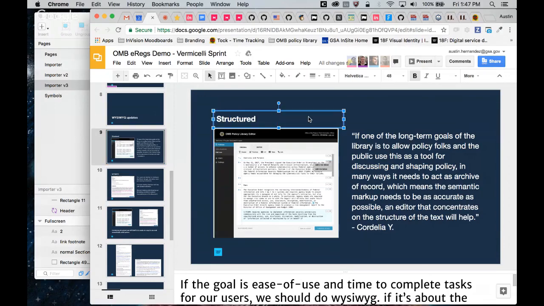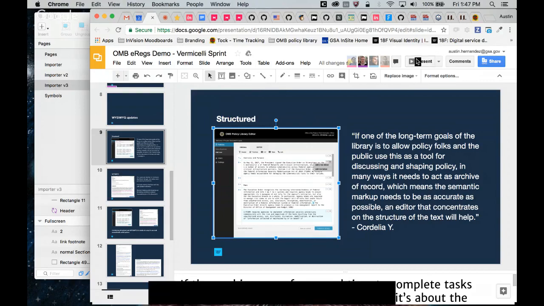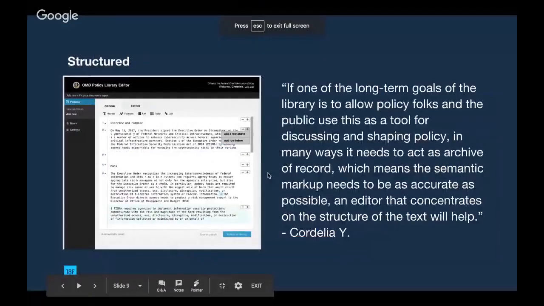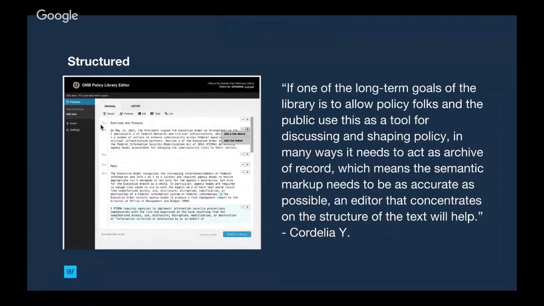One direction Ryan worked on, I don't know how well y'all can see this, but it is a full screen view. So this is a way that we were thinking about doing the editor, which was more in sections to help with XML. We just got Cordelia on the team as a content designer, but she's been really great in helping